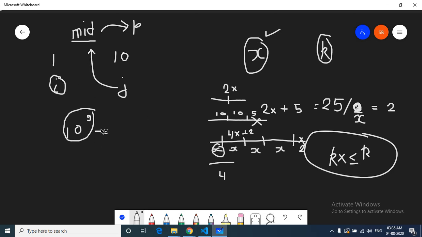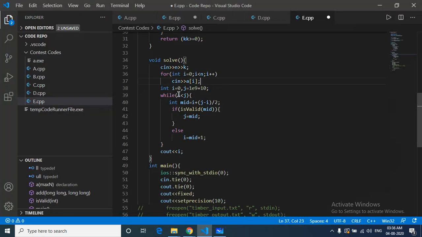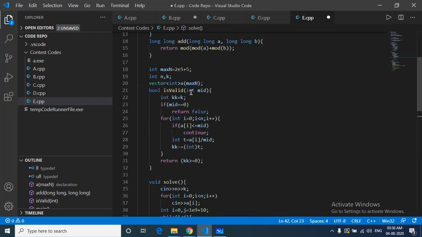So I just add a buffer value of 10, and you will take these as the extensions, 0 and this. You will do a while loop and find out the mid. You will make an isValid function. If isValid returns true, then j is just equal to mid, else i is equal to mid plus 1. Return i.